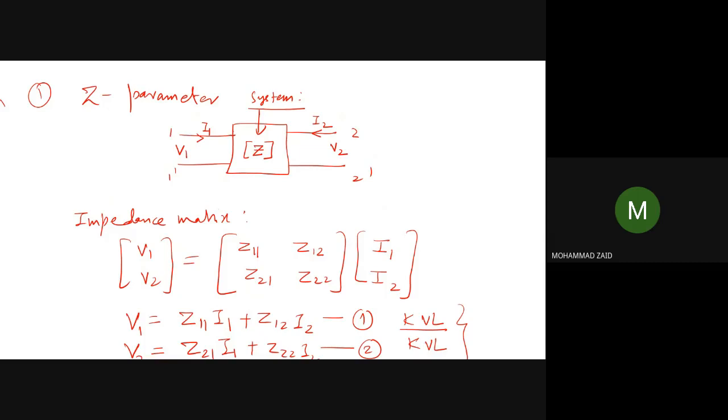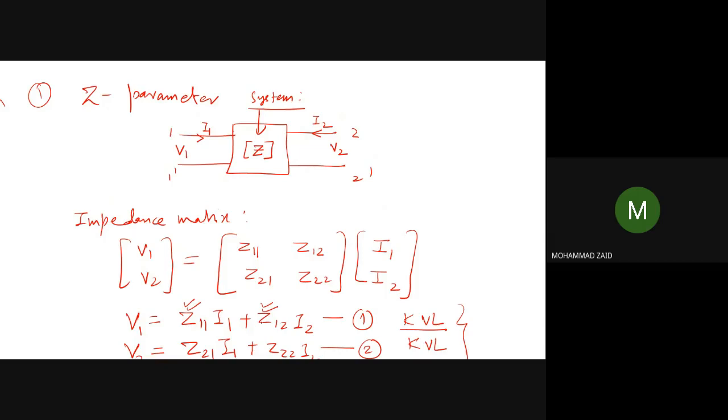Okay, what we are seeing is that V1 is dependent on I1 and I2, and these are the coefficients. Z11 is the coefficient and Z12 are the coefficients. Now, if I2 is 0, then Z11 is equal to V1 by I1. That means somehow, if you make this circuit open circuit, don't connect a load here, then you can calculate the value of Z11 just by dividing V1 by I1, that is input voltage by input current. So you will get the input impedance. Okay, because Z11 will give you the relationship between V1 and I1.